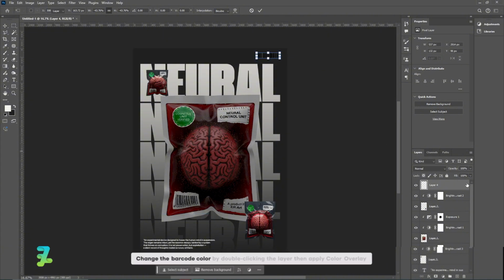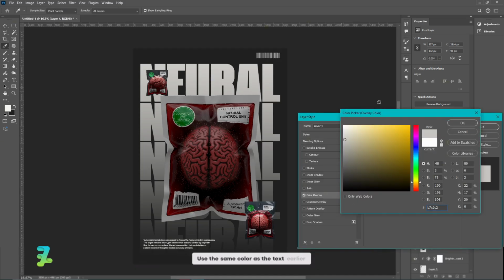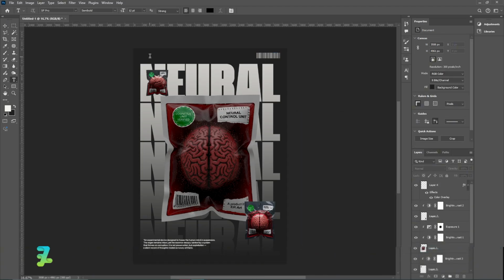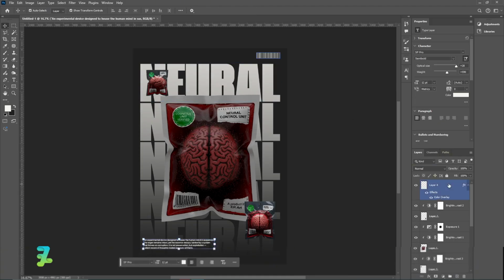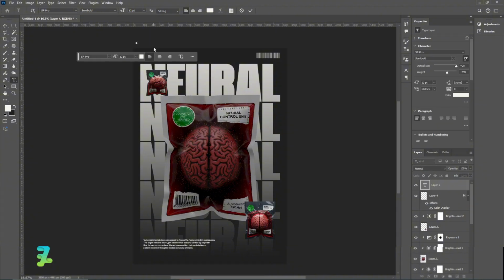Change the barcode color by double-clicking the layer, then apply Color Overlay. Use the same color as the text earlier. Now, create another text, Neural Control Unit.